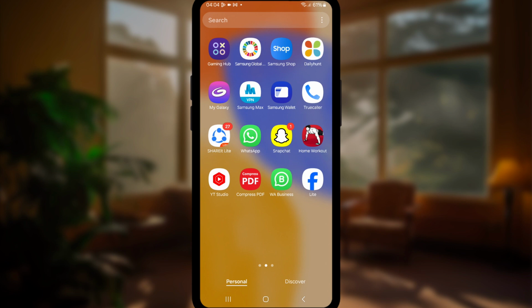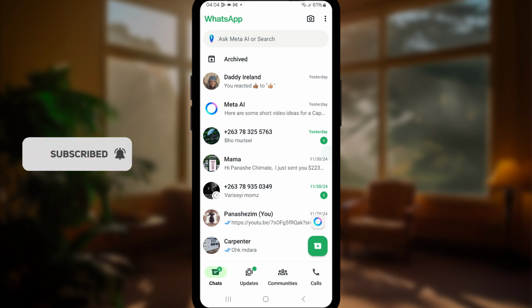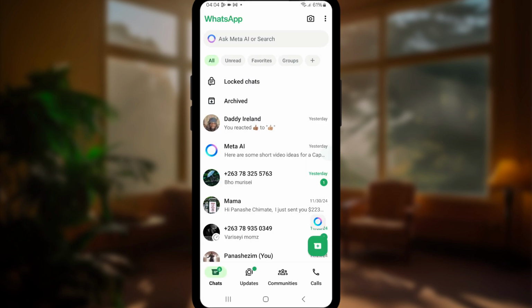So the first step is that you want to head over to WhatsApp. Once you're on WhatsApp, what you want to do now is swipe your screen down. As you can see, I cannot see any locked chat option right over here. But to access it, you want to swipe your screen down like this. And that's how you can easily find your locked chats, and you can easily insert your password and access